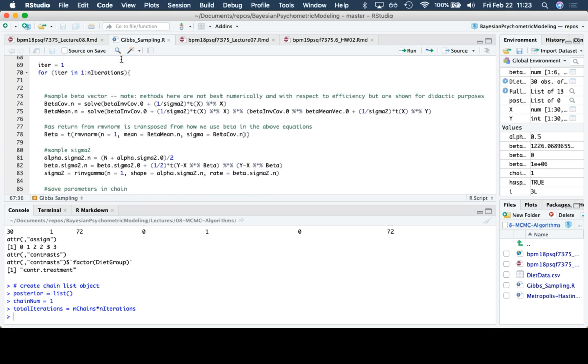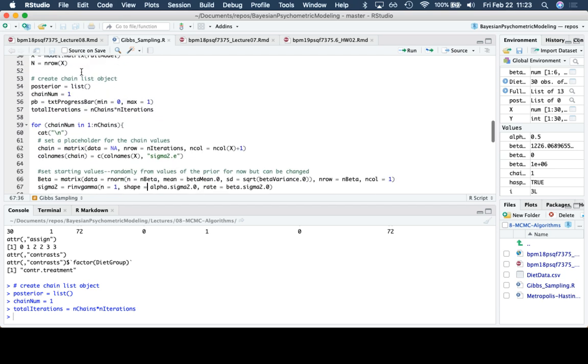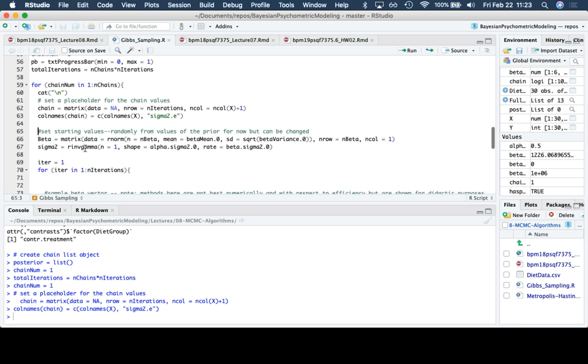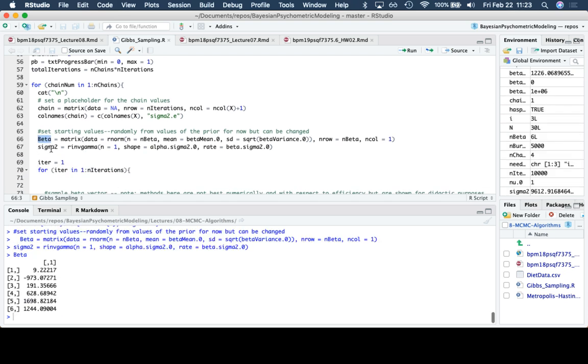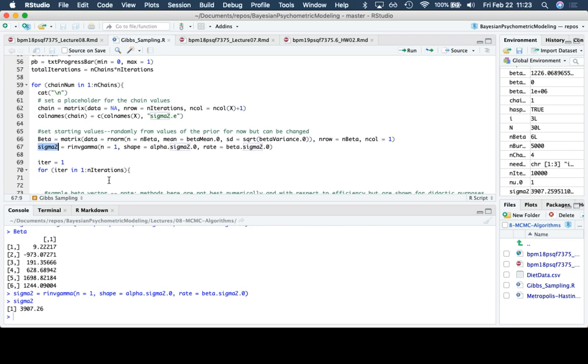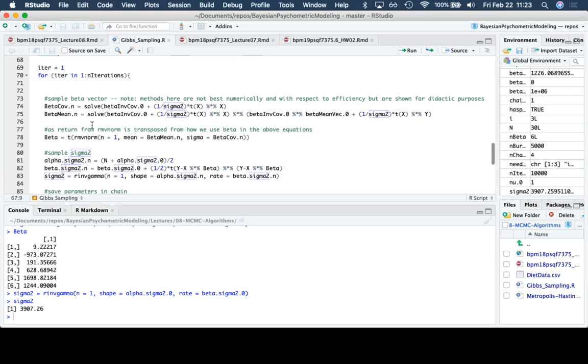So each iteration, let's start this out, shall we? Let's imagine we're in chain 1. Here's our chain. What is our initial value of beta? Here are our initial values of beta. Wow, those are crazy. Knowing what beta should be, those are way off the charts, right? But watch the magic of what's going to happen. Sigma squared, the residual variance, is 3907. Also kind of crazy, right? Let's keep going. So in iteration 1,